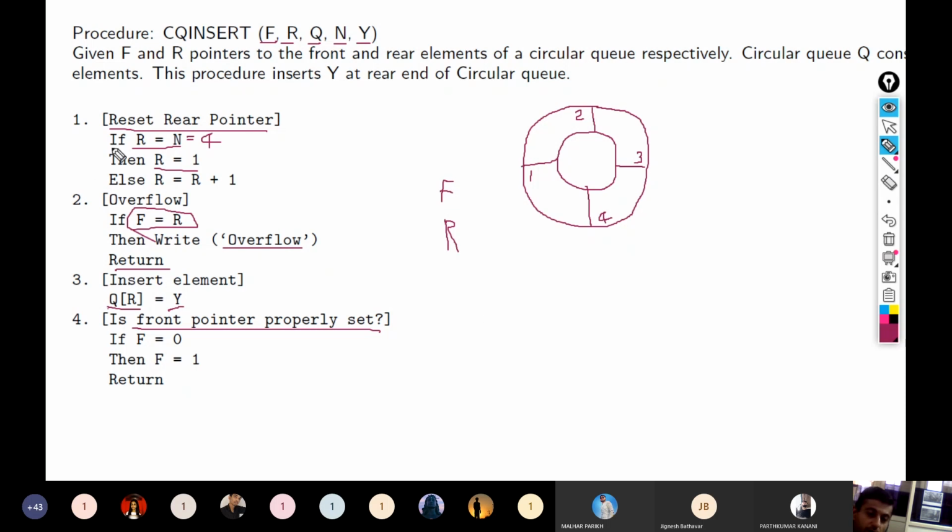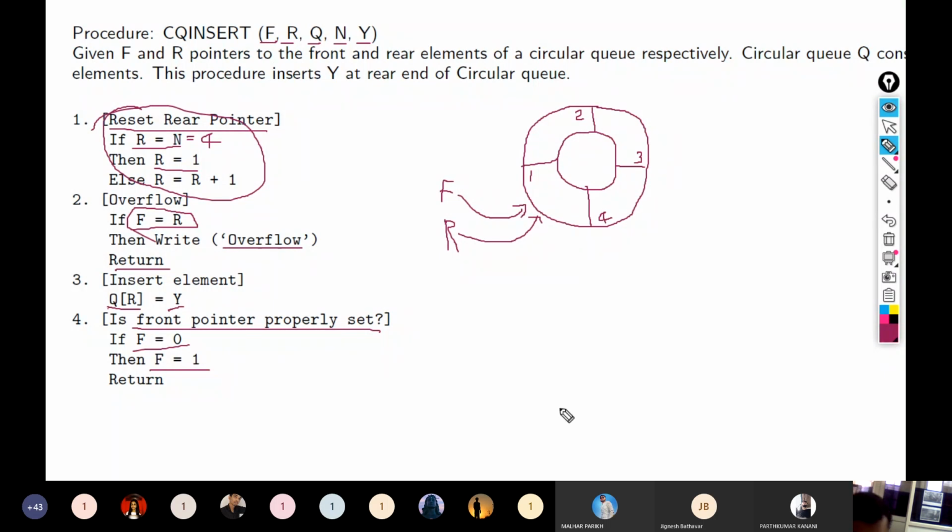So in the updation of the rear pointer here, I will update R to 1. When the queue is empty, I will increment R and set it from 0 to 1. But here you also need to check if the queue was empty, that means you also need to take care of the front pointer only once. Whenever there is an empty queue, you have to take care of the front pointer and set it to 1.